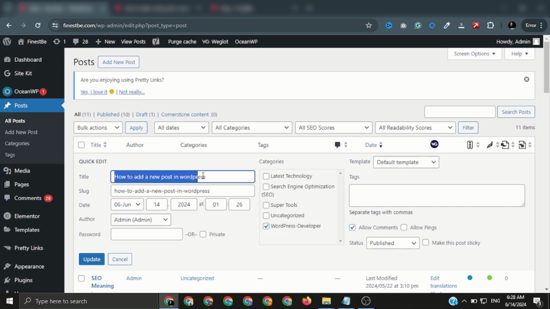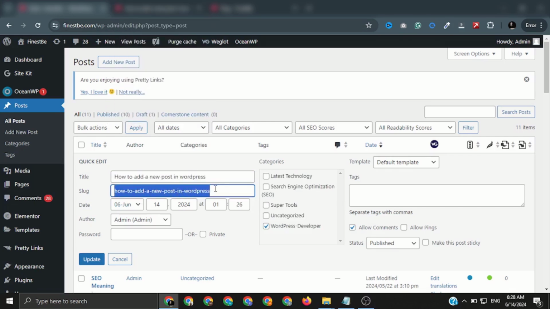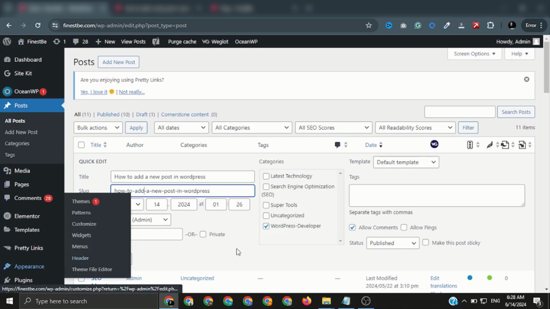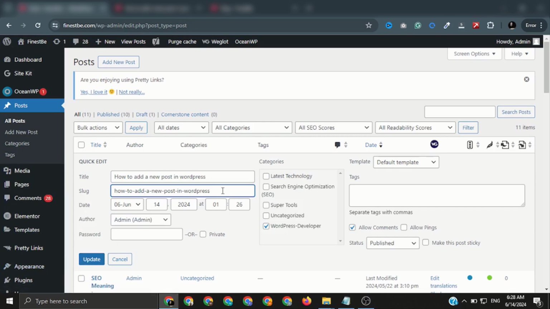Here is the title of the post, which will appear on your browser tab, and this is the slug, which is automatically generated from the title of the WordPress post. That's all the options you have seen on the post editing option. Now just hit enter if you have made any changes here. Update.